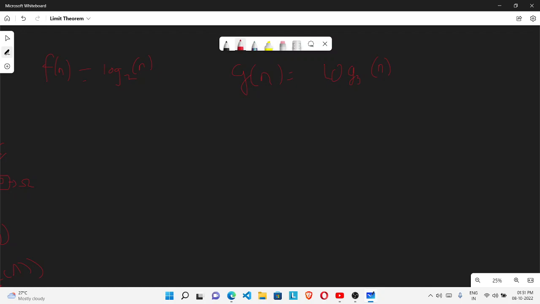Okay, so now I'm supposed to compare these functions. Actually, if I'm not wrong, it has a higher base. So,